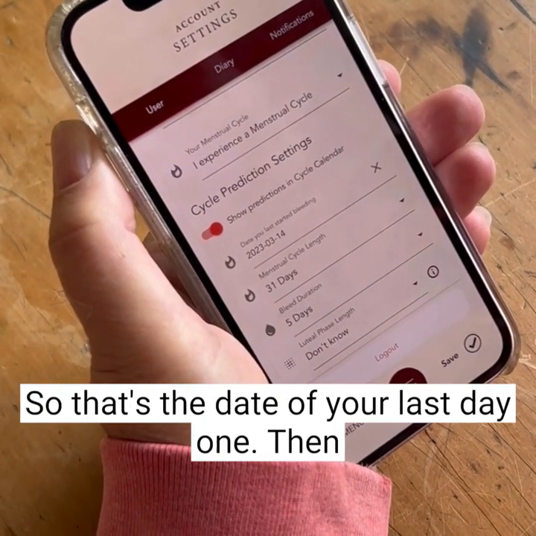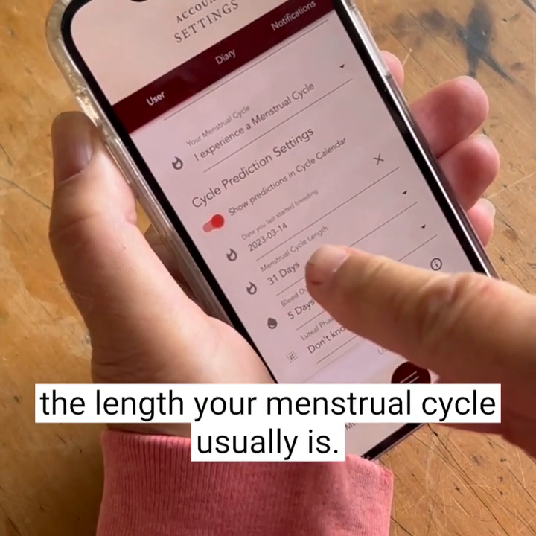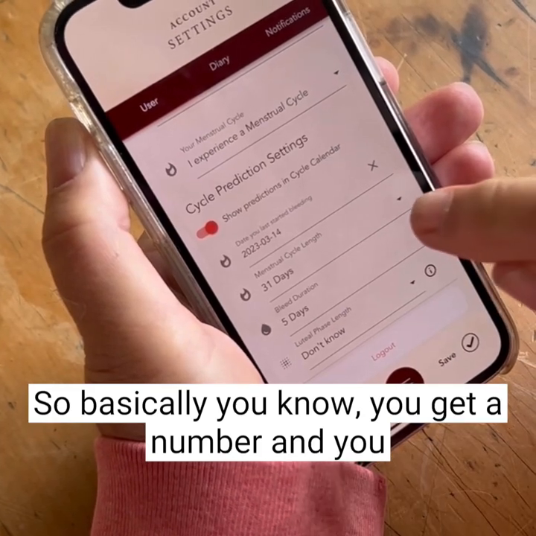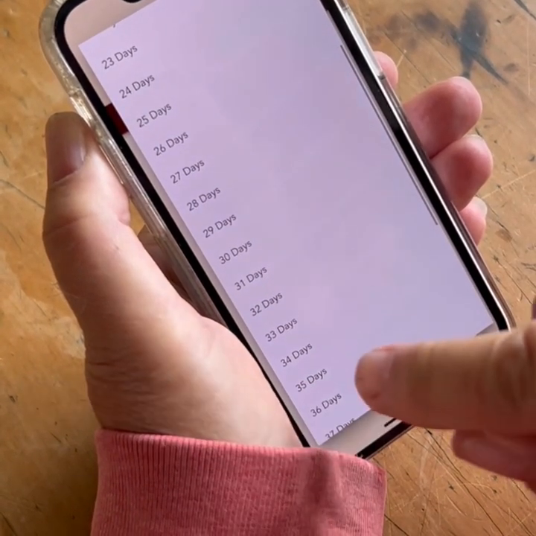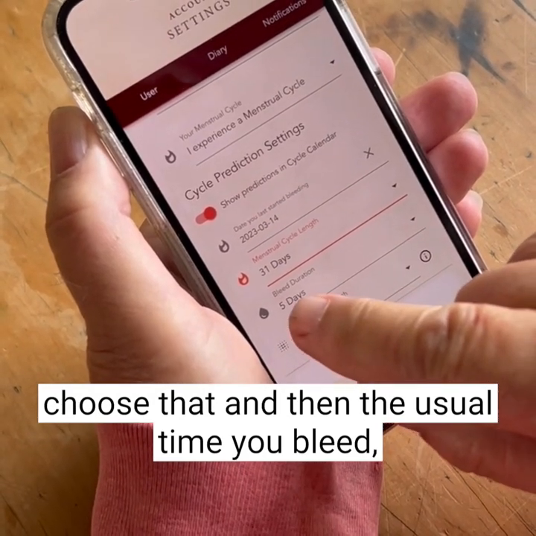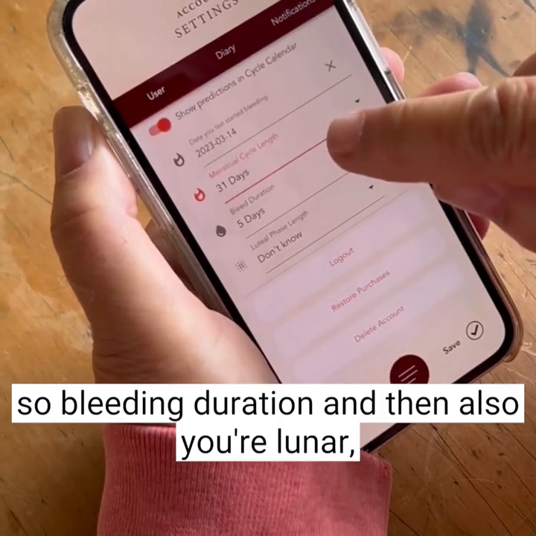So that's the date of your last day 1. Then the length your menstrual cycle usually is. So basically, you get a number and you choose that. And then the usual time you bleed, so bleeding duration, and then also your